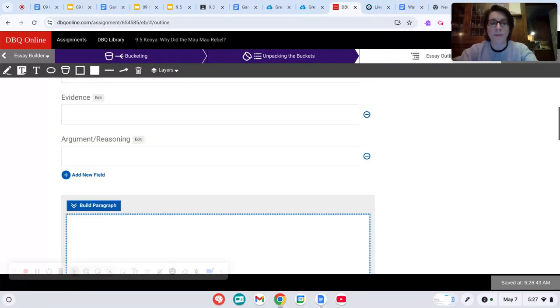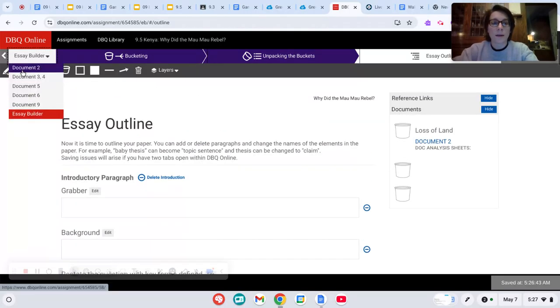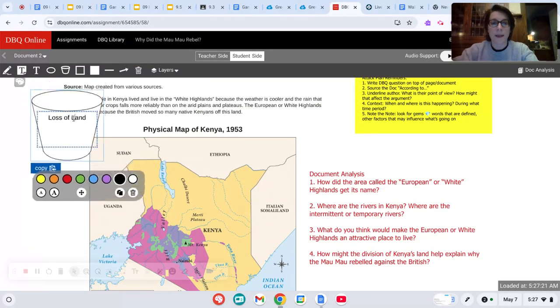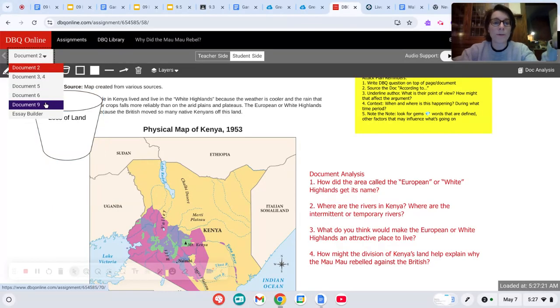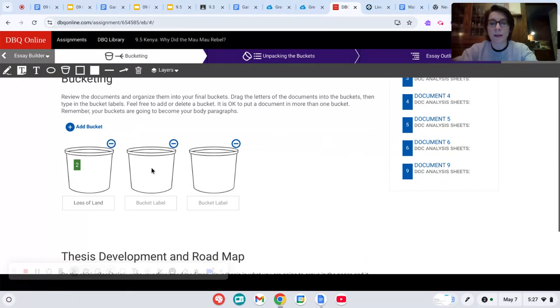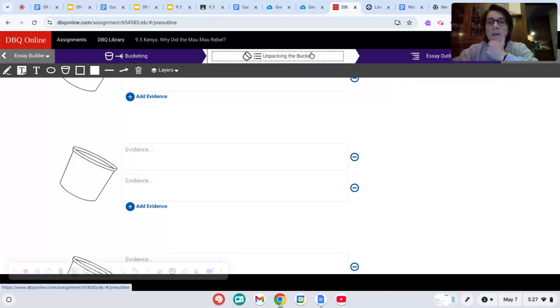so that you can use that in your final essay. So by the end of class today, you should be creating a bucket label for each one of these documents. Then looking for patterns. What are the buckets that you continue to reuse or recycle for the different documents? That's going to be the name of your buckets later on. Then you're going to sort the documents into the buckets, create your thesis, and work on unpacking the documents or the buckets and really outlining your evidence so that you can answer that question, why did the Mau Mau rebel, in a really nice